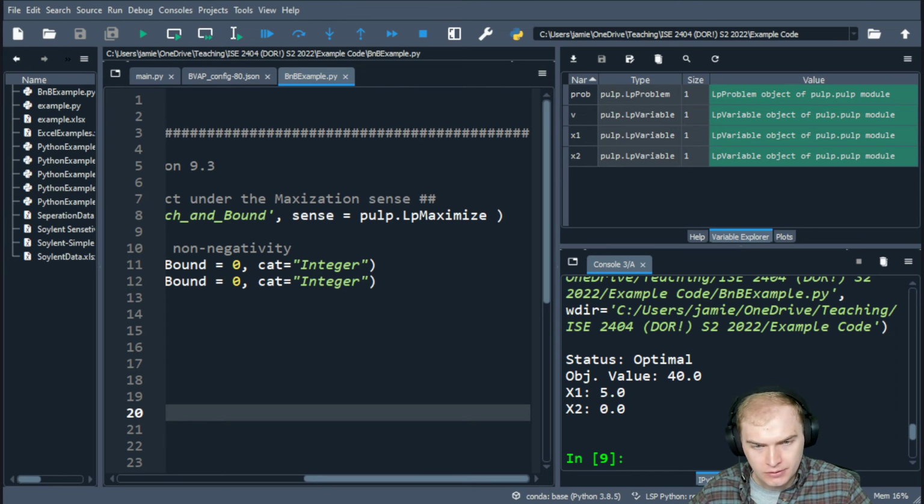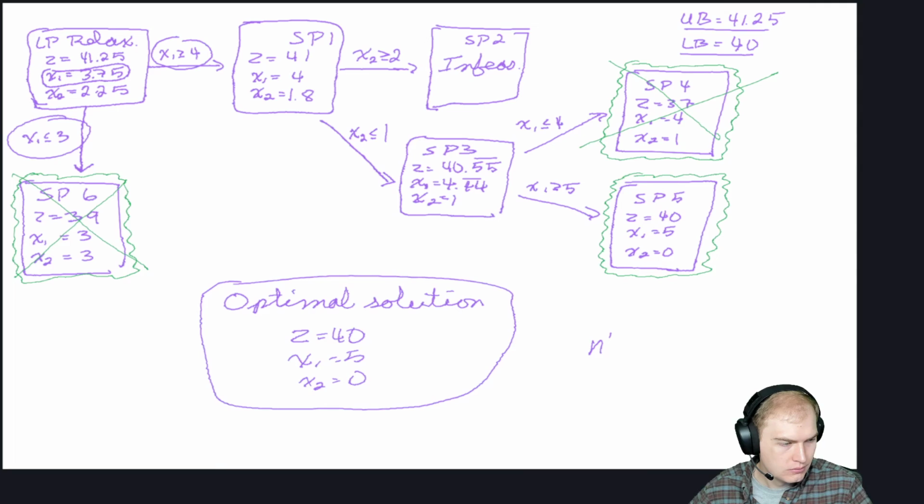If n prime is the number of integer variables, there could be as many as 2 to the n different branches you can do